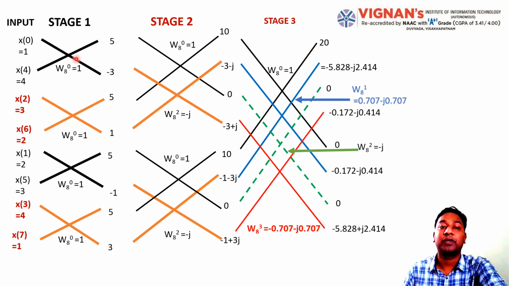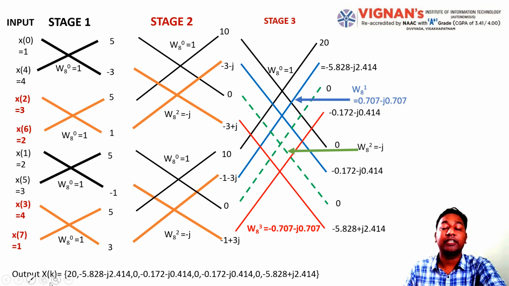Stage 1 is very easy, simple addition and subtraction. In stage 2, two values are very easy, simple addition and subtraction. And stage 3 is this one. So if you are able to solve only 2 or 3 stages, then also you will get some marks. The common steps for all cases are: N equal to 8, the number of twiddle factors, and the operations a plus b omega n to the power k and a minus b omega n to the power k. Input is in bit reversal order and output is in normal order. If you write those things and also solve some stages, then you will get some good marks.